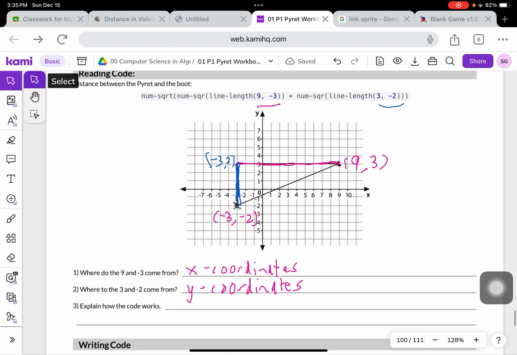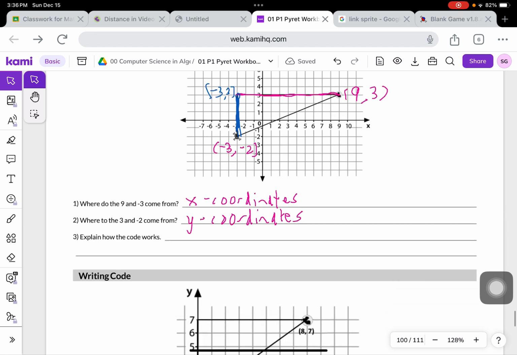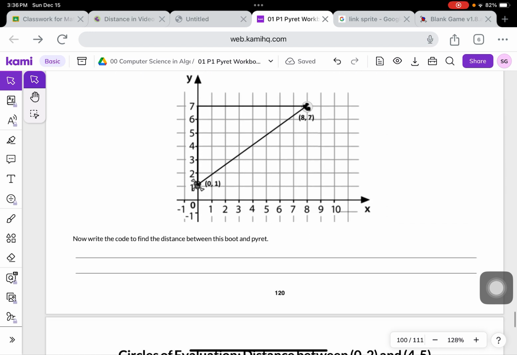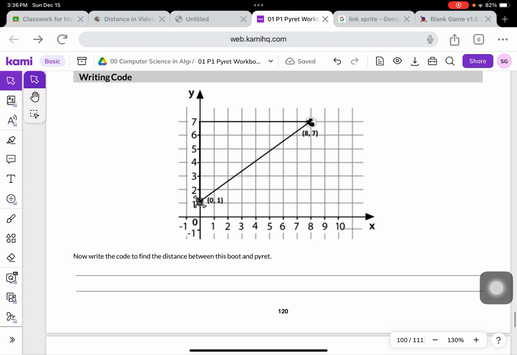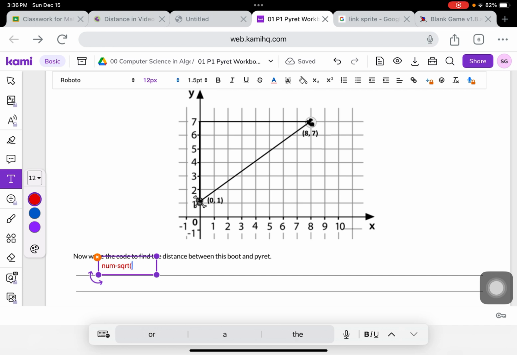Okay, so take a moment to write down how you think this code works. Okay, so how we're going to write the code for this one. So first, you want to do num square root. We're going to do this. You put the outside function first. And then you're going to square